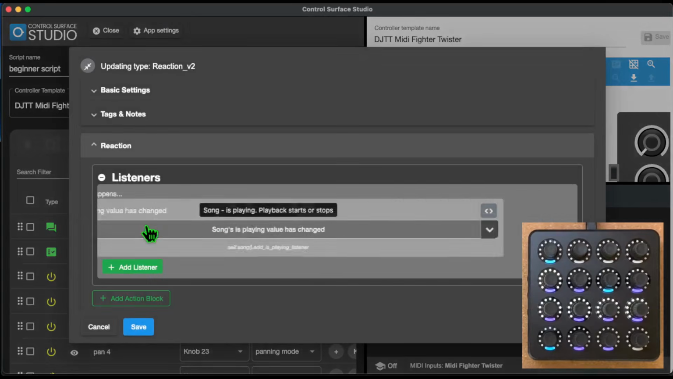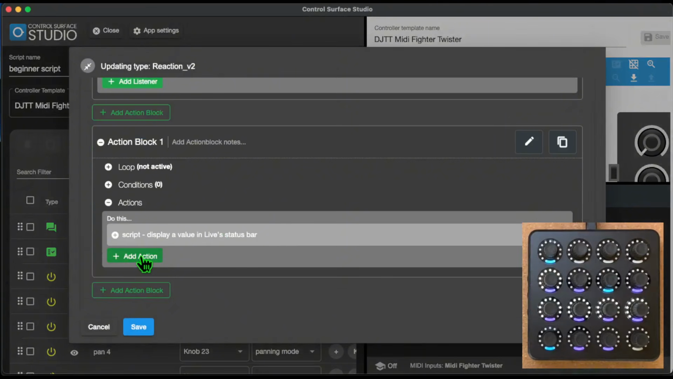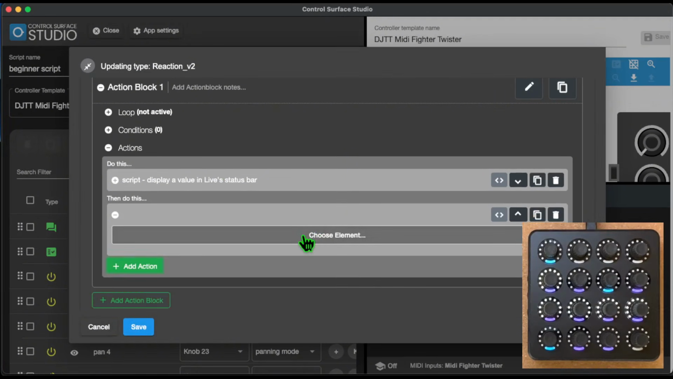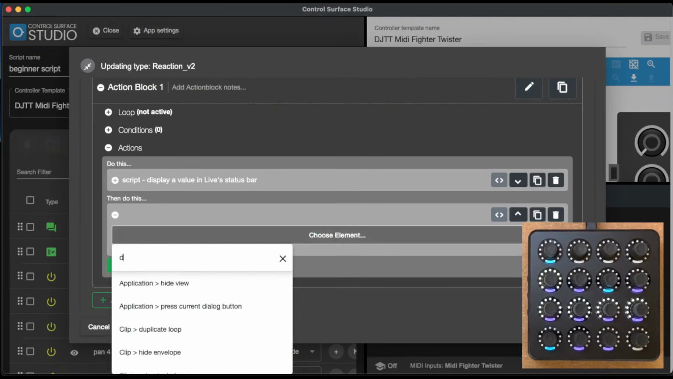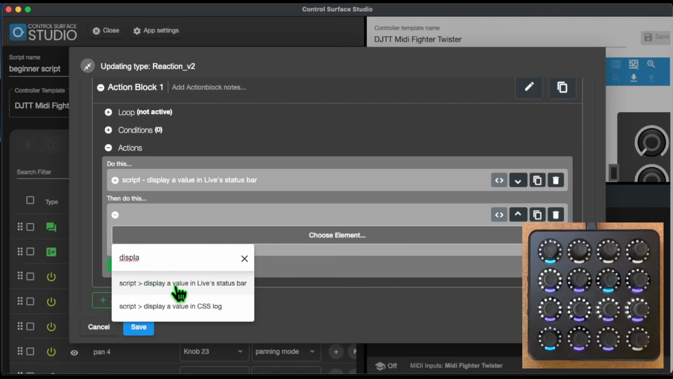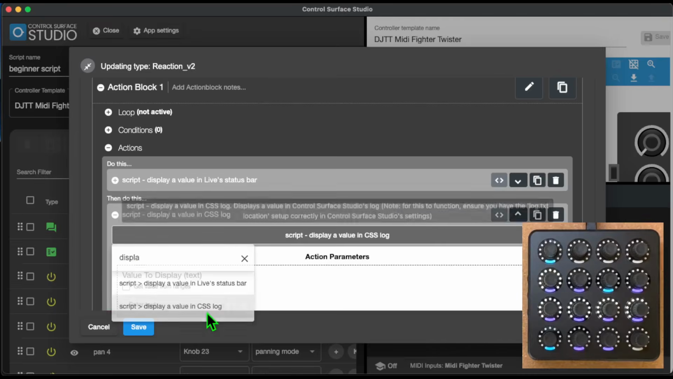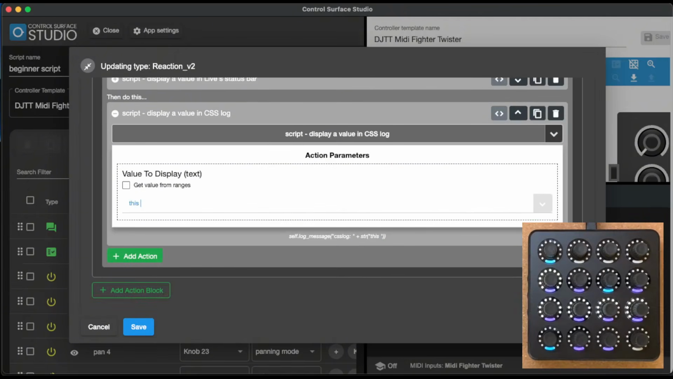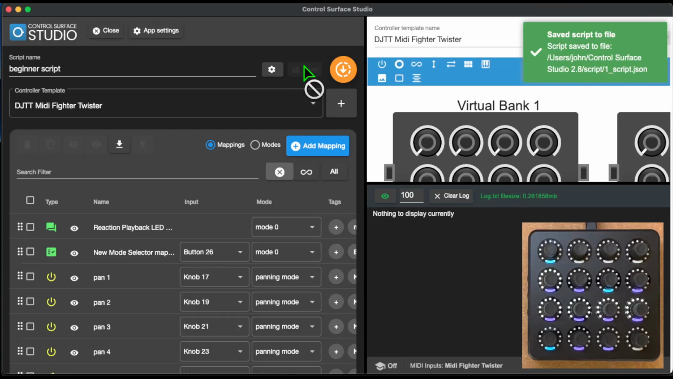And then I'll go back into the reaction and I'll add a second action which will output a message to the CSS log. So I select display a value in CSS log, and for the message I'll put this is a test 2. Now I'll save that and generate these changes into Ableton,